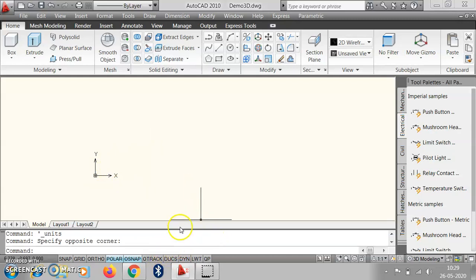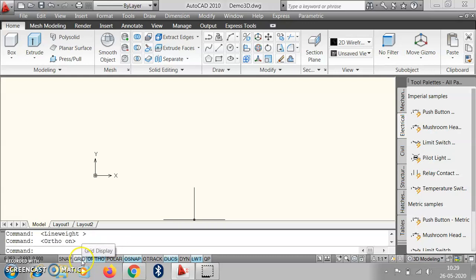So in that case, to know where our object is going to be drawn, we should know the dimension of each axis. So in this case we have to turn on the dynamic UCS here always, and then the line weight option we have to turn on, and most of the time we have to turn on the ortho also.